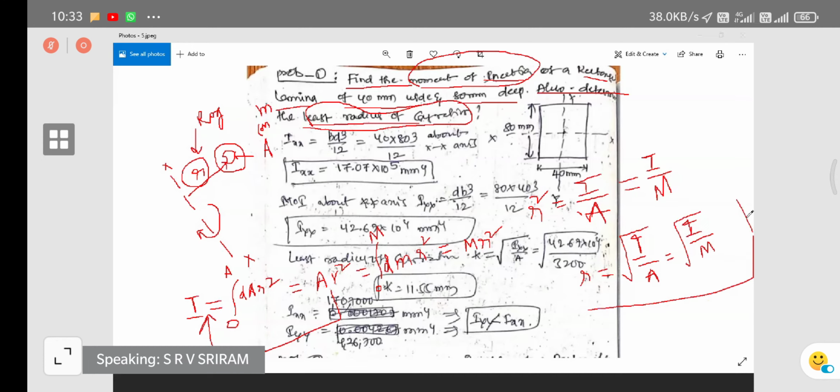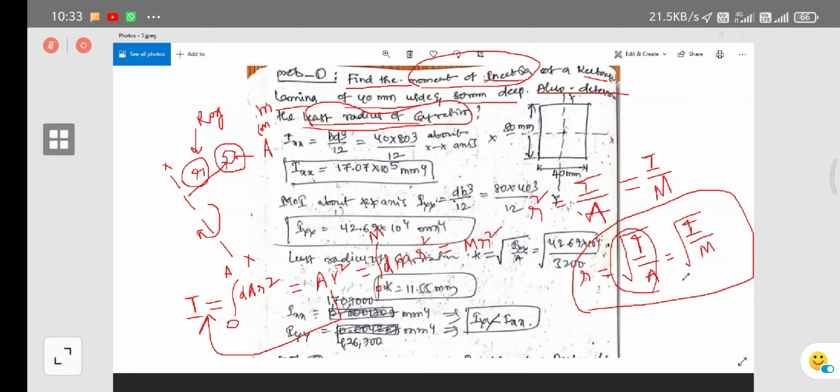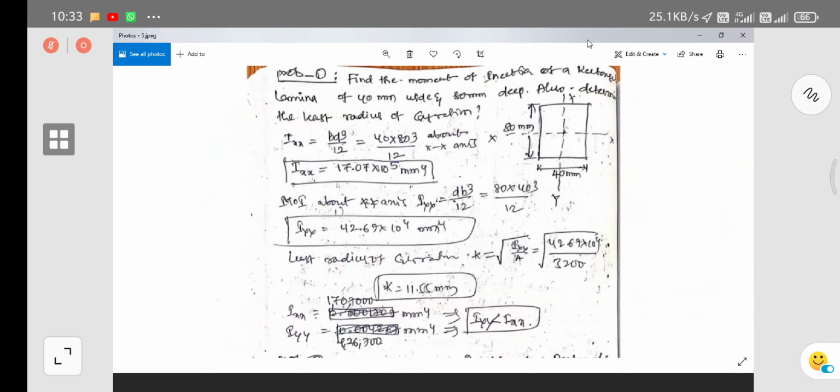So this is the mass moment of inertia and also the area moment of inertia. This is the radius of gyration of your area, and this is the radius of gyration of your mass. In order to find this, you have to know the moment of inertia of the area or mass, and also the total entire area and total entire mass. This is nothing but radius of gyration. After knowing this definition, the problem will definitely be easy.